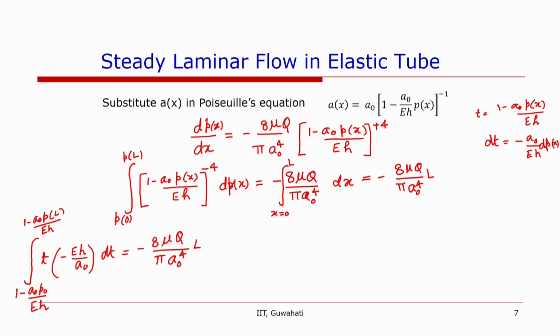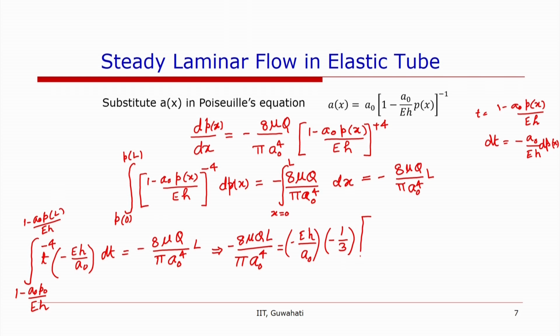So now we can substitute this and say minus 8 mu Q L over pi A naught to the power 4 is equal to minus EH by A naught, then t to the power minus 3 divided by minus 3, so minus 1 over 3